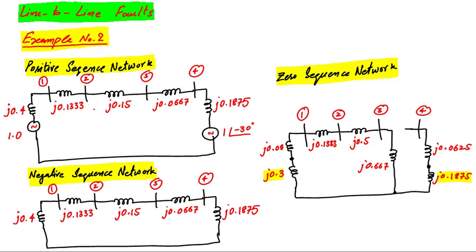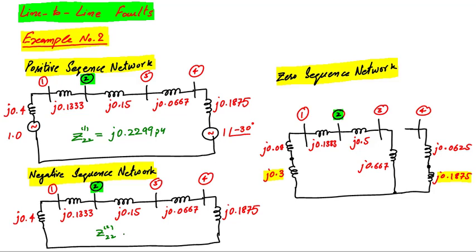For example, the Z Thevenin in positive sequence, that will be Z22, is actually the impedance between bus number 2 and the reference, and that will be equal to the impedance between bus 2 and reference in negative sequence. Here we will calculate this value separately. Let's do the calculation over here. If we short circuit these two sources so that we have only a passive circuit, then the series combination of these 3 reactances in parallel with the series combination of these two will be equal to Z22. By calculating Z22, we get the result as j0.2299 per unit.